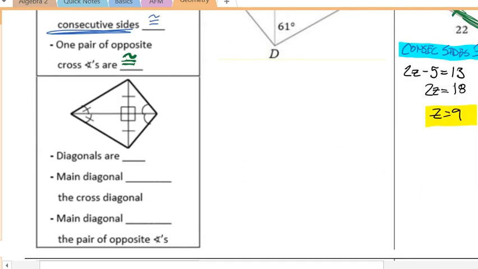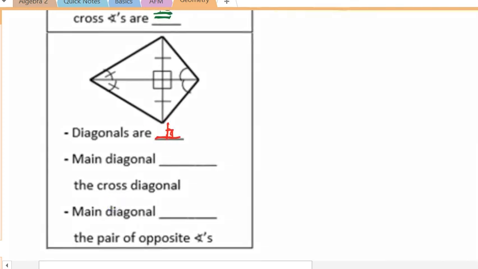Properties of the diagonals. We see, again, just like in the rhombus, that the diagonals are perpendicular, meaning that they form 90-degree angles, and we can see that right here. The two diagonals intersect, and they form 90-degree angles all around. The main diagonal is the longer of the two diagonals, and the cross diagonal is the shorter of the two diagonals. The main diagonal actually bisects the cross diagonal. So as we can see here, this piece is the cross diagonal, and it is in fact cut in half